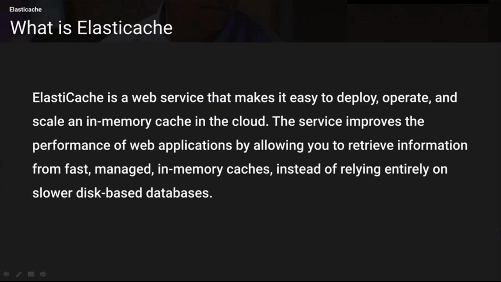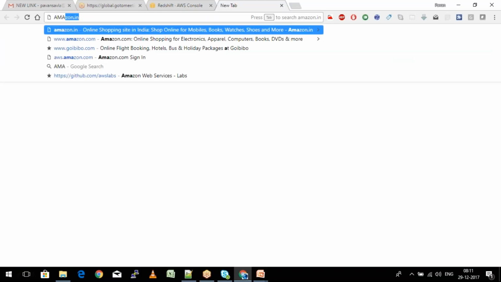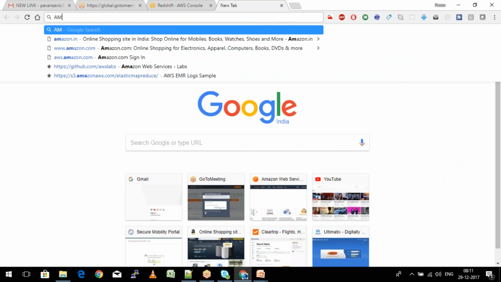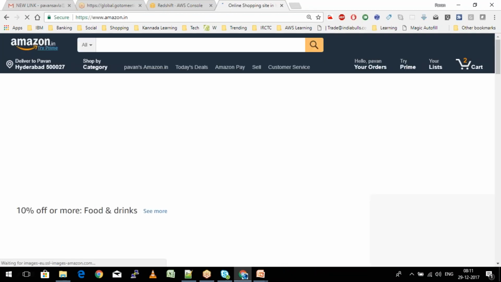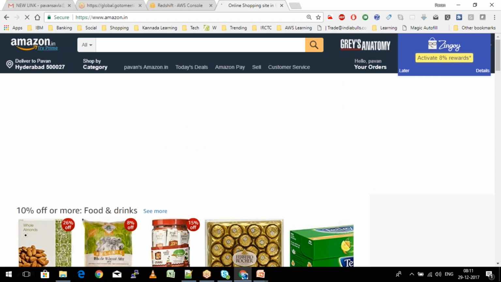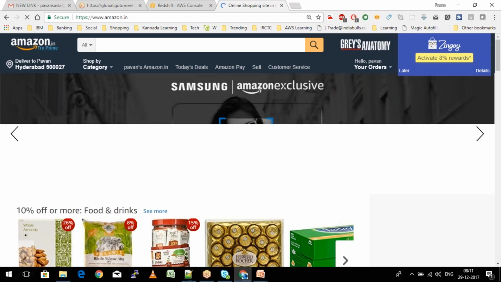Now, if you remember, we just spoke about one of those examples from the Amazon website where the home page will have a lot of banners displaying offers. I know that these banner pages are going to be clicked at least thousands or millions of times in a specific day. So instead of hitting the database every time and retrieving the results, which is going to consume my CPU cycles, I put it behind the Elastic Cache engines so that the data is retrieved much faster.